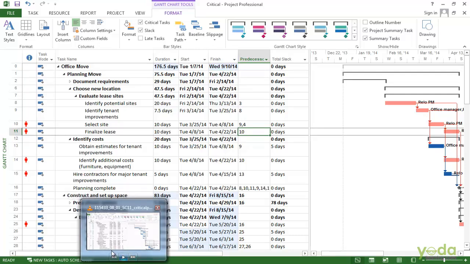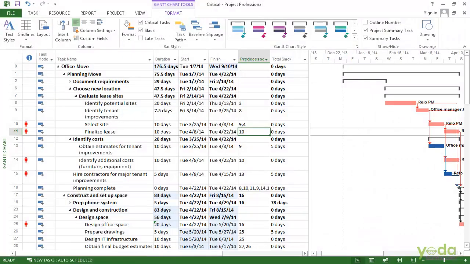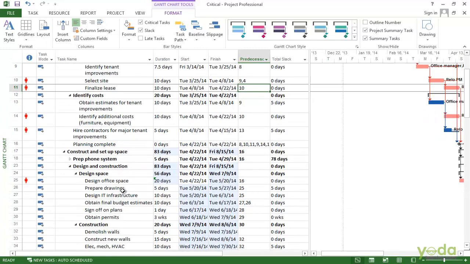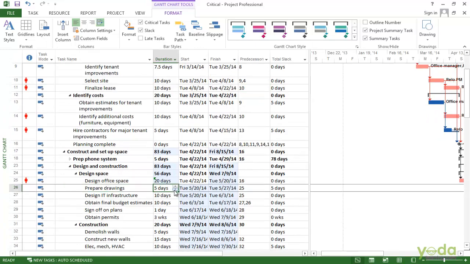On the other hand, let's look at the non-critical ones. Say, for example, prepare drawings. In this case, prepare drawings has a duration of 5 days and a slack of 5 days. Let's say this one takes a little longer too. It's going to be 7 days.